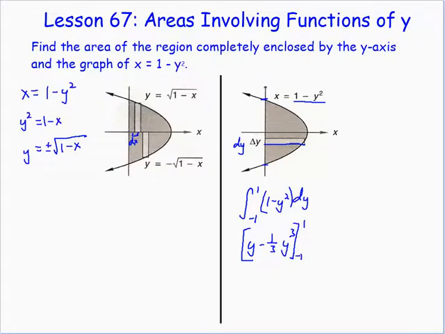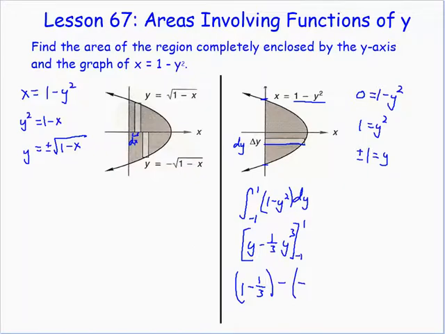Now, I didn't mention how to find this negative 1 and 1. You want when your x value is 0, so you could put 0 in for x and solve for y. Add 1 to both sides and take the square root, and you get plus or minus 1. And that gives us our values for the limits of the integral. Another way: we're familiar with parabolas, so we could have realized they go through negative 1 and 1 on the y-axis. So now plugging in, we have 1 minus 1/3